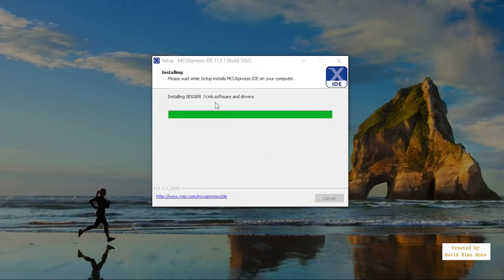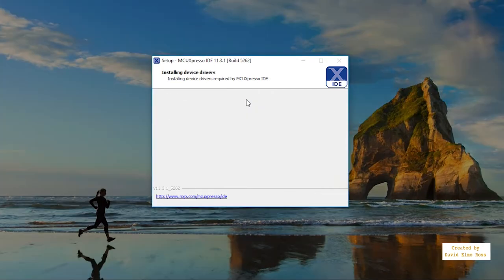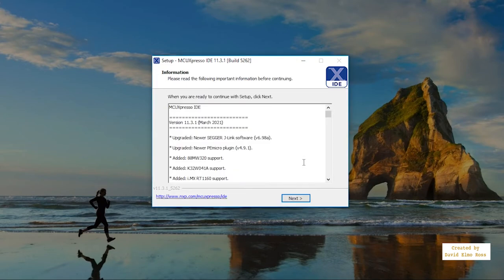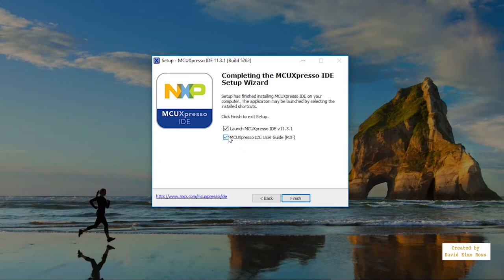Now at this point it's going to be installing, so just let it install J-Link and all the drivers that come in here, just let it continue. And fail to create, it doesn't matter that it didn't create a restore point, that's not important. We're going to hit next, and we're going to not worry about the user's guide, not launch this, and just